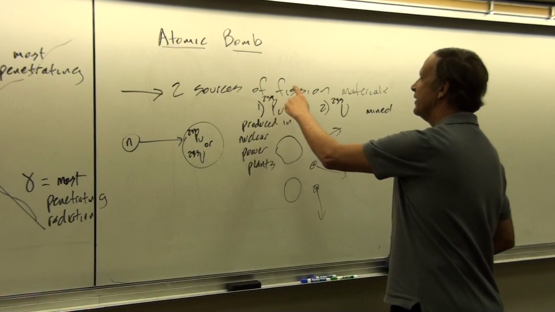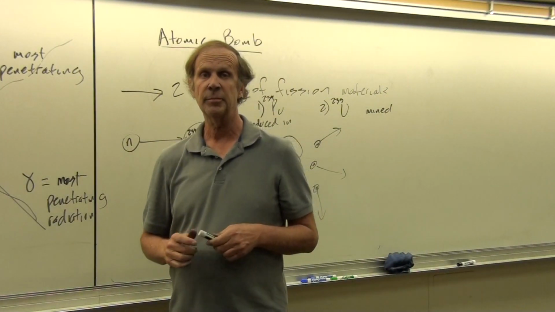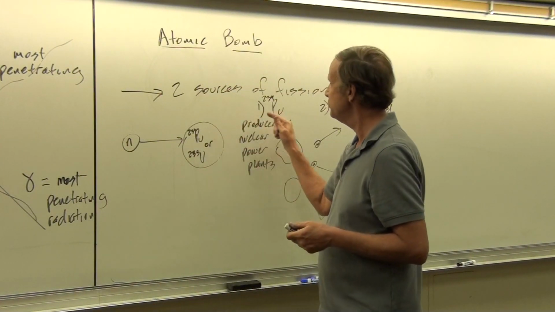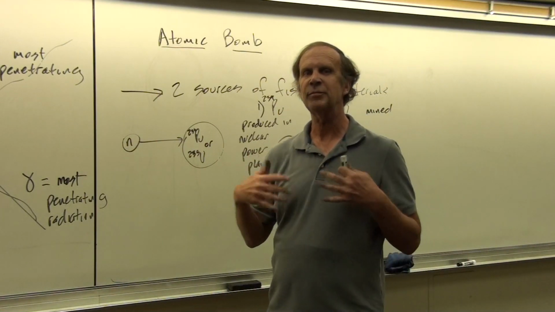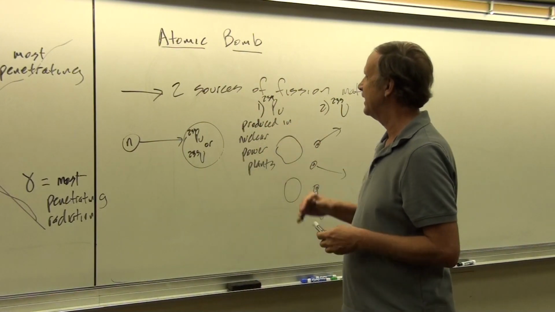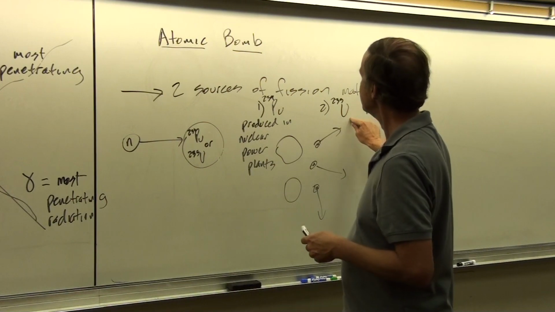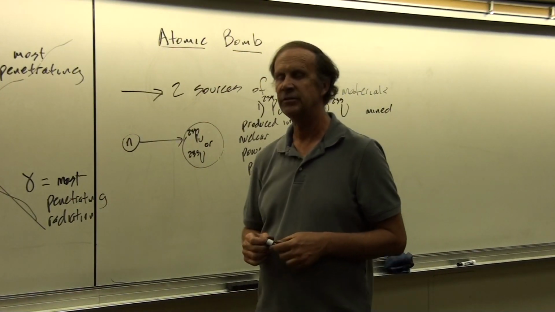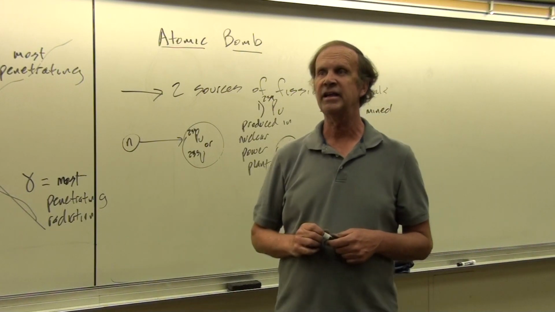And so Enrico Fermi was the person who first got nuclear power plants going, and he realized that you could produce plutonium in a nuclear power plant. And so they stopped their production of nuclear energy, dropped everything they were doing, and started trying to make more of this plutonium. And the other source of fissionable material was U-235. They thought that might also work. And so that had to be mined.